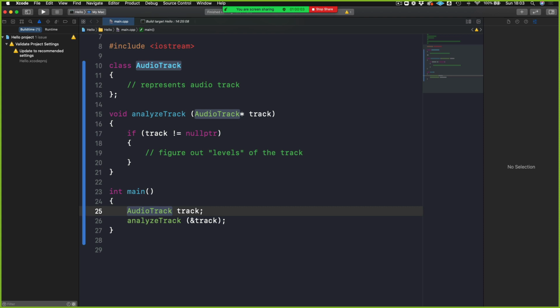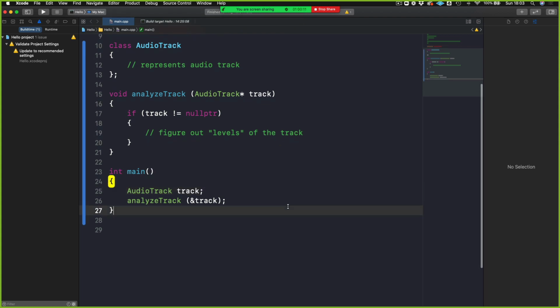So as we were saying before, in this particular simple program in int main, the way that it would work, as we have it, is that our program would create an audio track, and then it would analyze the track, and then the program would finish, and everything would close, and that would be it. Okay,